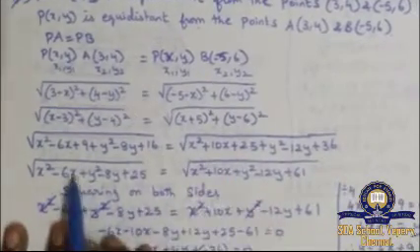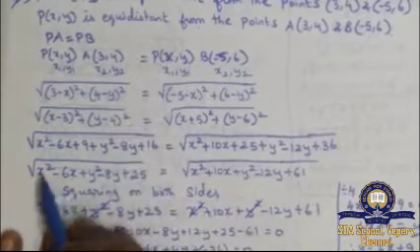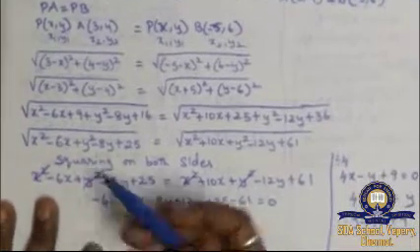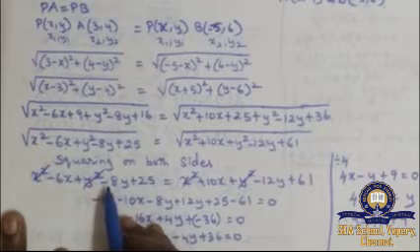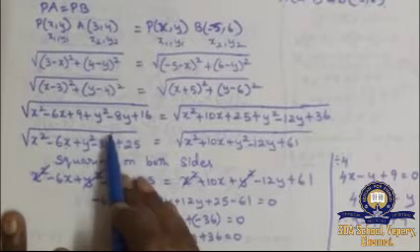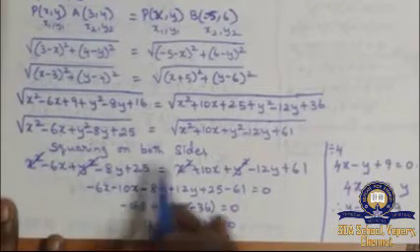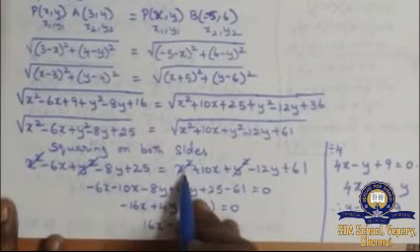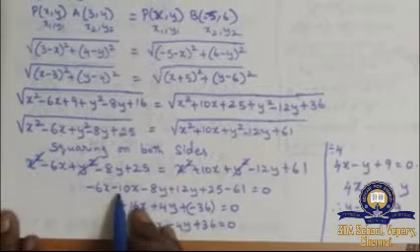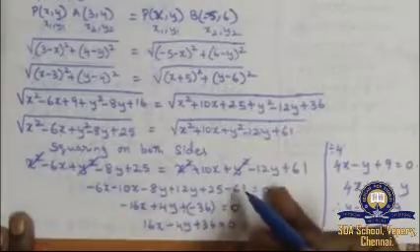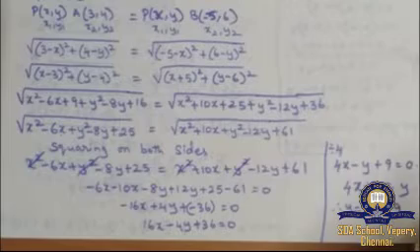Okay, so after this I am squaring on both sides. As I told you in the previous sum, square and root get cancelled. So the same step I have written without the root, because root and square get cancelled. After that, x square and y square get cancelled. Why? Because if this x square comes to this side, it is minus x square. If this y square comes this side, it is minus y square. So anyway it gets cancelled. Equal to the same number means we can cancel.